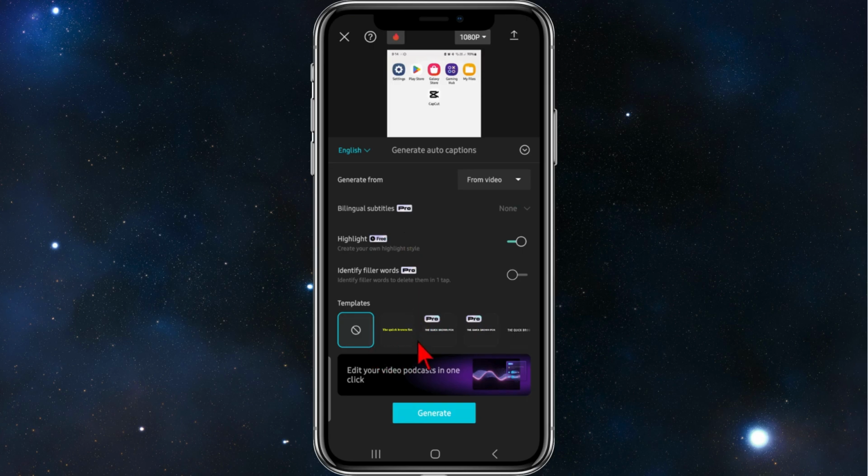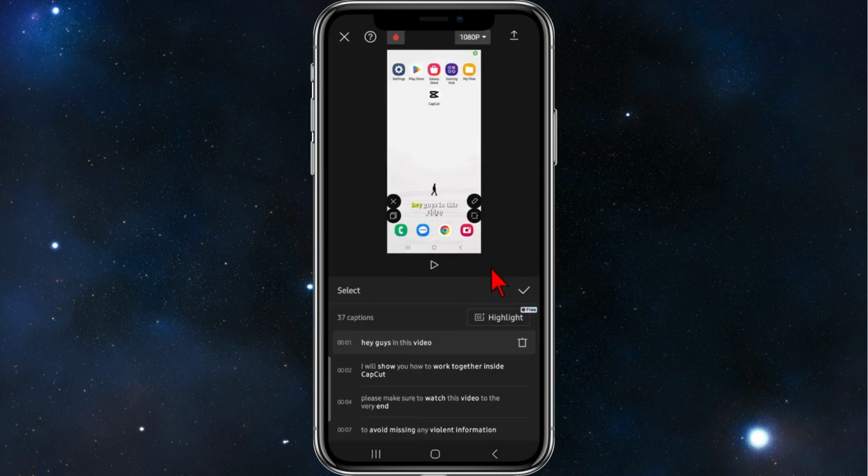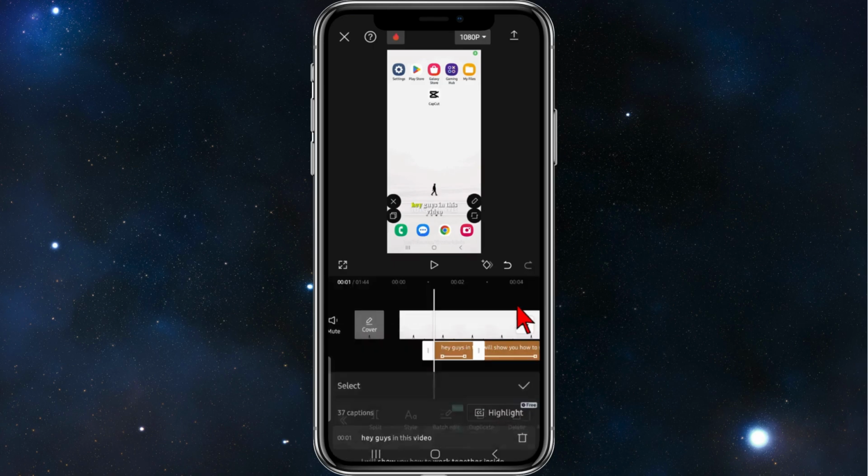You've got a few different templates here you can use for your subtitles. So I'm just going to go ahead and click the first one. And then once I've done that, you can click on generate. And that's it guys, how to add subtitles to your CapCut video to go to Instagram Reels or videos. So just click on the tick button and I'll go ahead and press play just to show you guys this